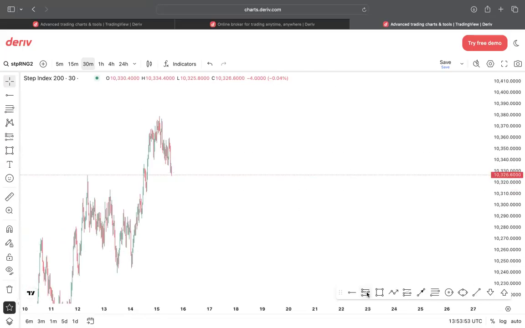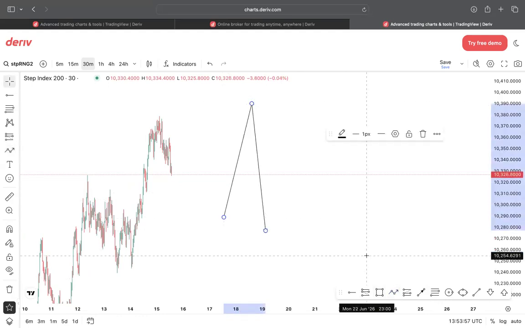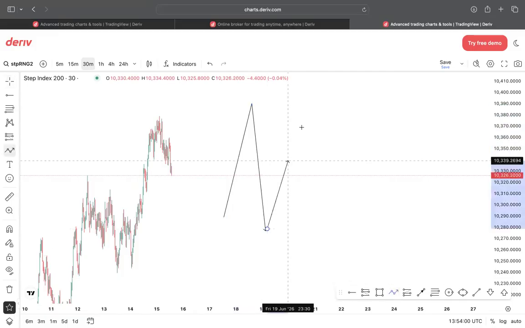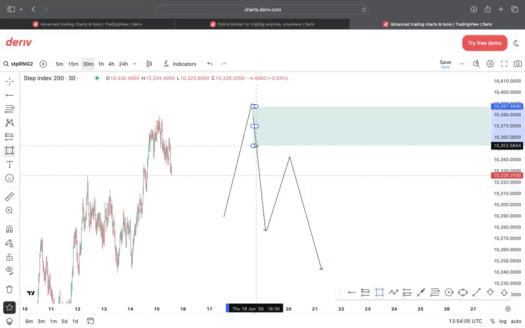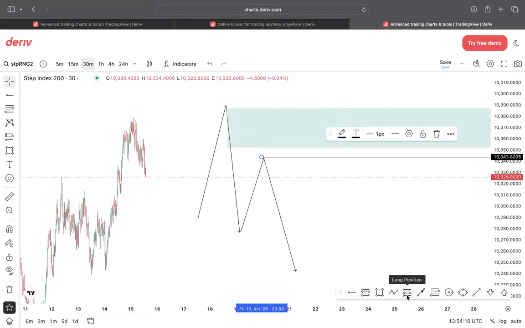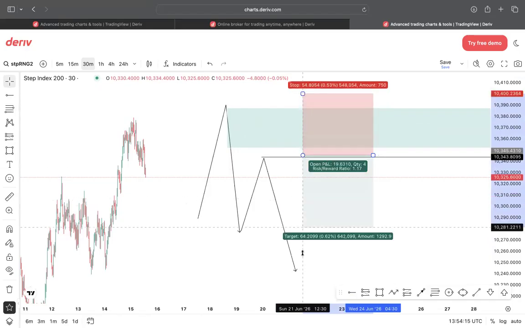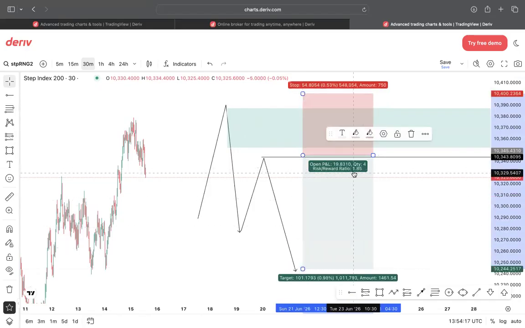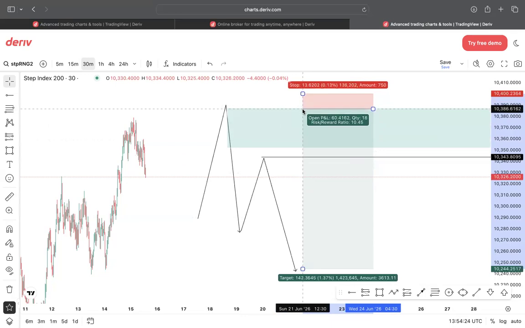Take, for example, if I have a sell POI here. Let me use this for example. If I want to set my limit, I can set my limit from somewhere here, like this. And you can see that this is 1:8. But price can give me a valid confirmation around here, and you can see that this is about 1: